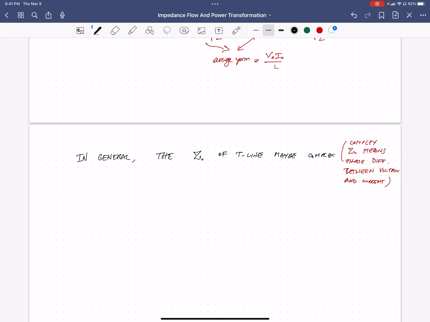And also in general, the voltage V0 plus may also be complex. Okay, so anyway, I think if you look at it, because of that, the P average, the way we would define it, would have to be